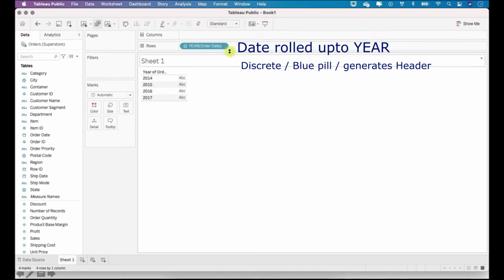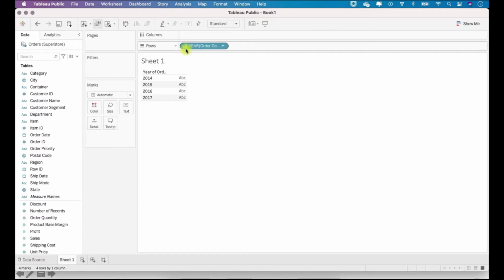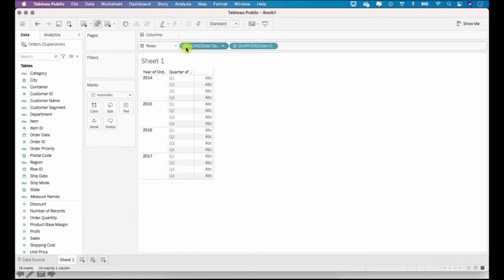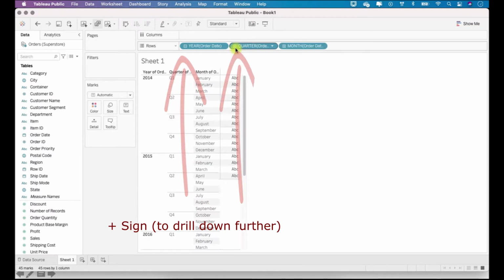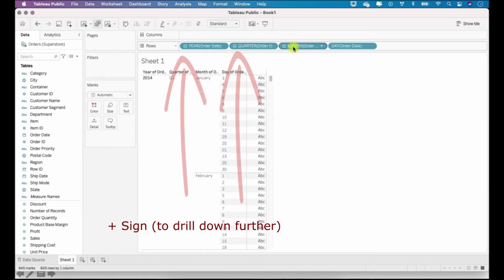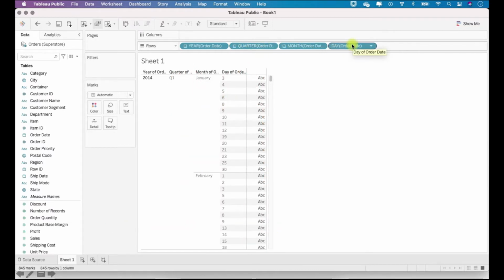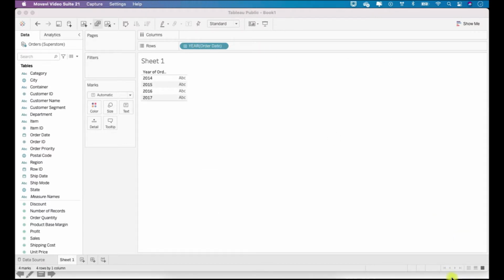Another thing is that you see a plus sign over here, so it's clickable. You can basically increase the level of detail over here to year, quarter, month, day, and so on. Okay.